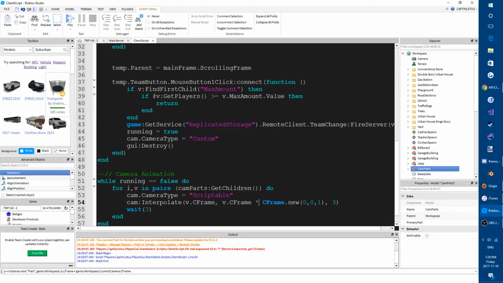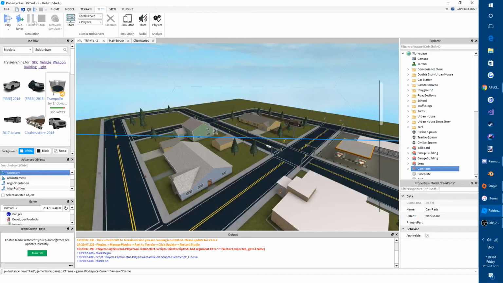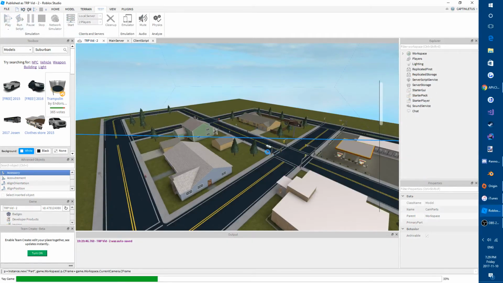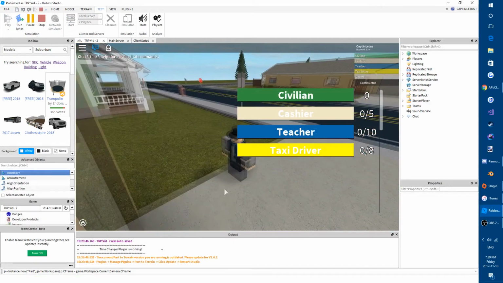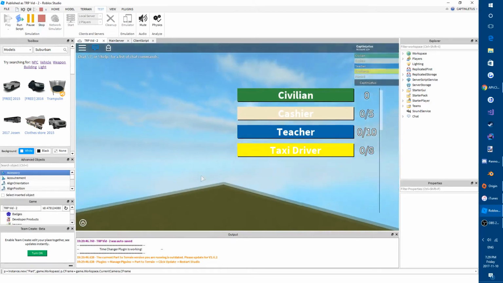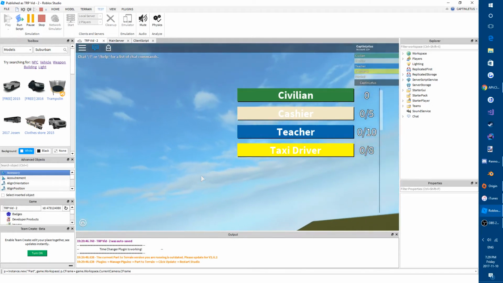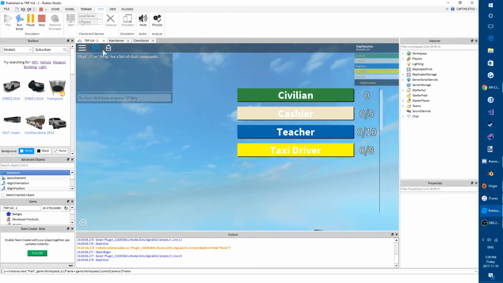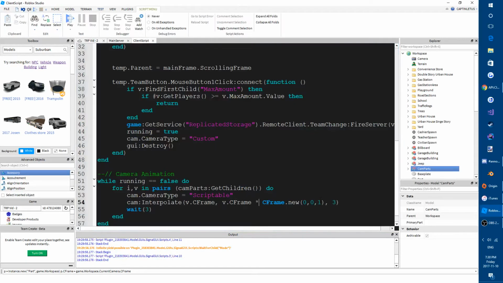Oh, I think this should be a times. Alright, yeah, that's what it should be. So, let's change this to a -1, so it looks in front, not behind. And we are also going to do